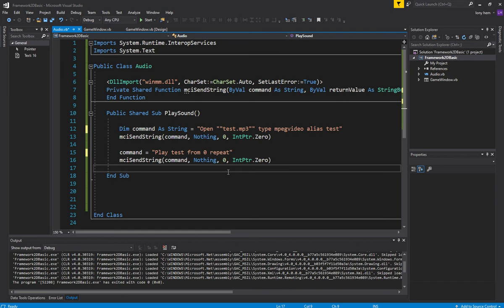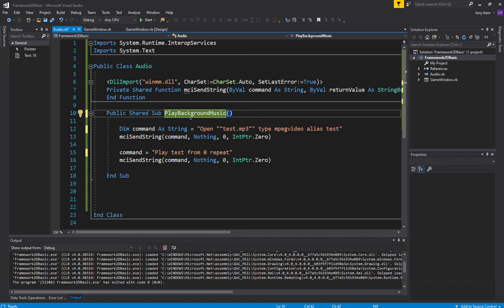We need to set that up for our game. All right, so what I could do is turn this into one where it does the background for us, right? It does the background for us. So let's make this play background music. We'll call this play background music, and